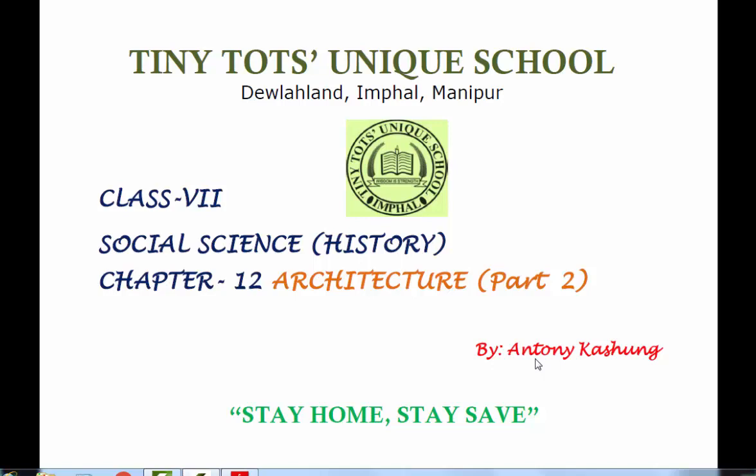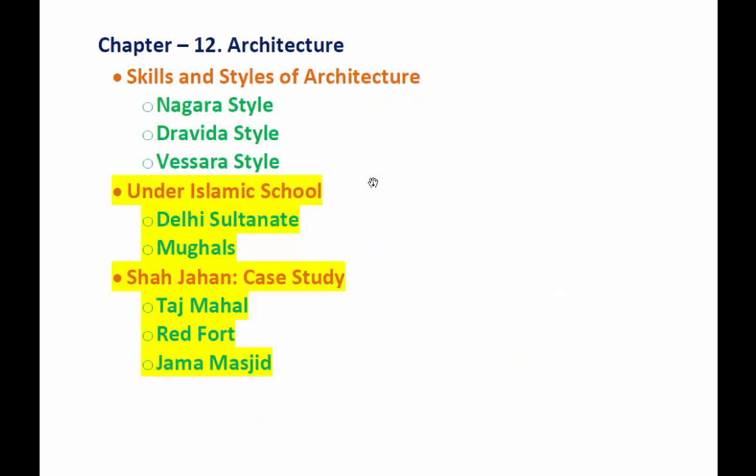Students of class 7, today let's learn the continuation of chapter 12 from your social science history. In the previous class, we discussed some of the important skills and styles of architecture during this period, I mean the Nagara style, Dravida style, as well as Vesara style. Today let us try to cover some of the important architectural structures under the Islamic school, such as Delhi Sultanate